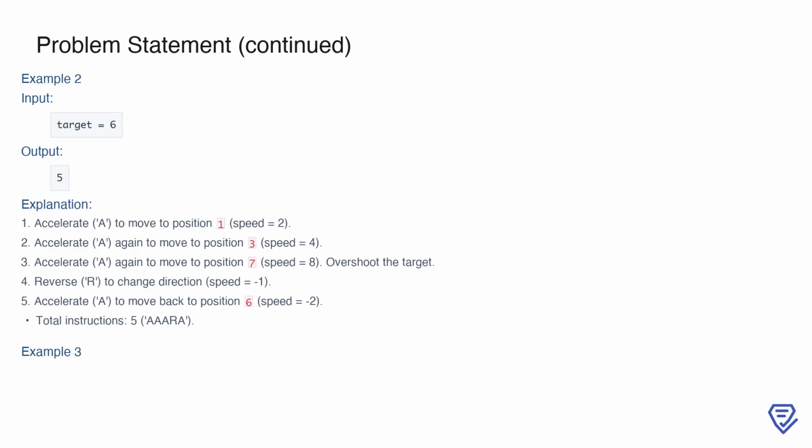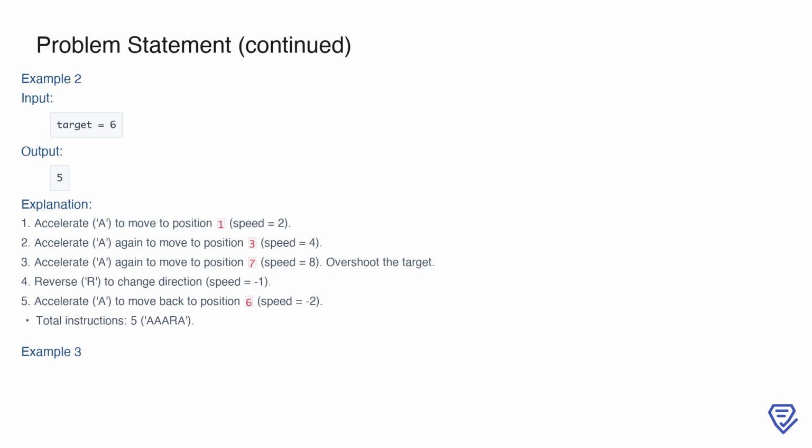Now consider another example where the target is 6. The car starts at position 0 with a speed of 1. First, we accelerate, moving to position 1 with a speed of 2. Next, we accelerate again, reaching position 3 with a speed of 4. A third acceleration moves the car to position 7 with a speed of 8, but now the car has overshot